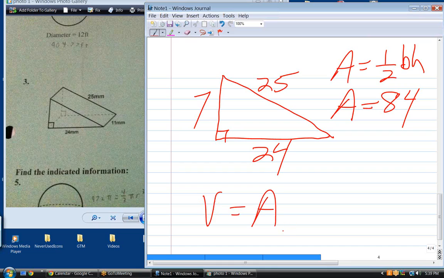area of one of the bases times its width or thickness or whatever you want to call it. In this case, the measurement that's 11 millimeters. So the volume is going to be 84 times 11. That's 924. And what are the units on